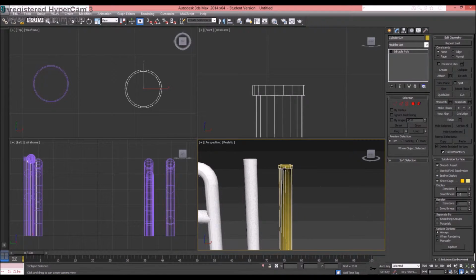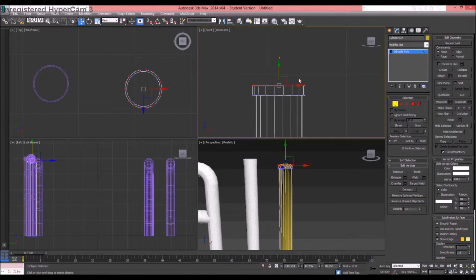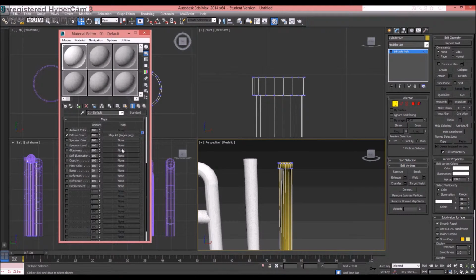And we have that cap on it, but the cap's a bit small, so if we actually want the top, let's just grab that and move it up a bit. Then let's go ahead and add a